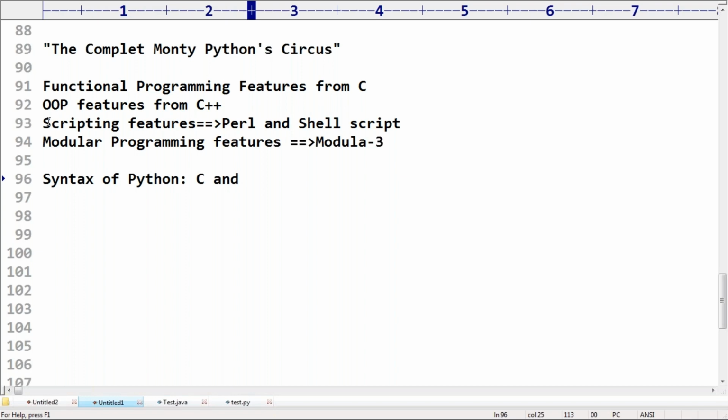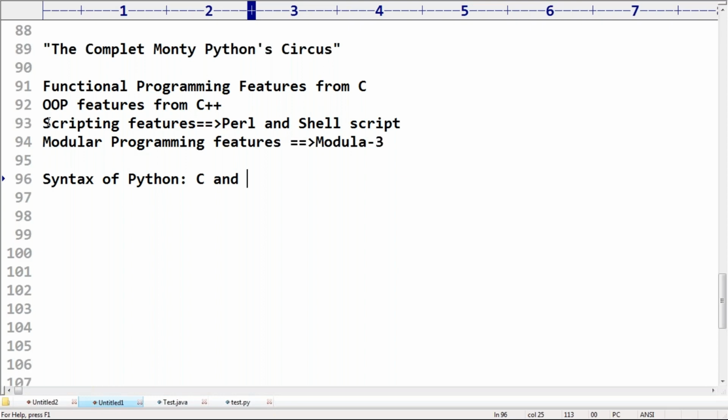Java came in 1995, but Python came in 1991. So the Python syntax style is something like C and one more, not JavaScript.